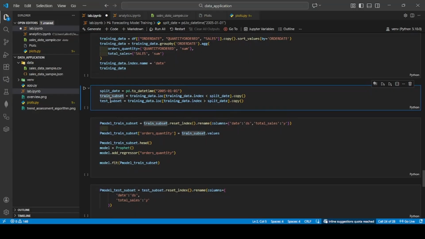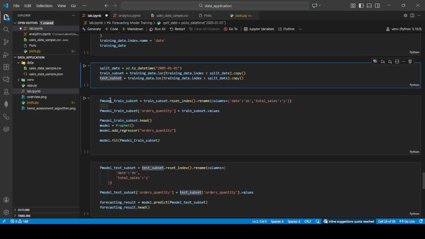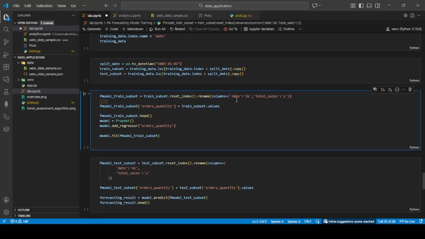Here we are defining the train and test subsets. Right after that, we are setting some configurations that the model requires. For example, the model expects some columns to be named in a specific way. So the DS, or the date column in general, should be renamed to DS, and the target column should be renamed to Y, as you can see